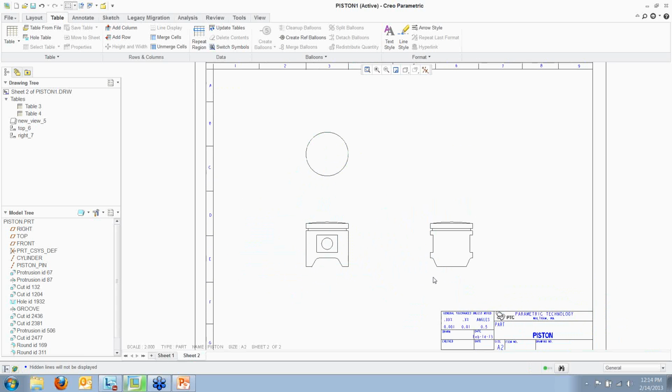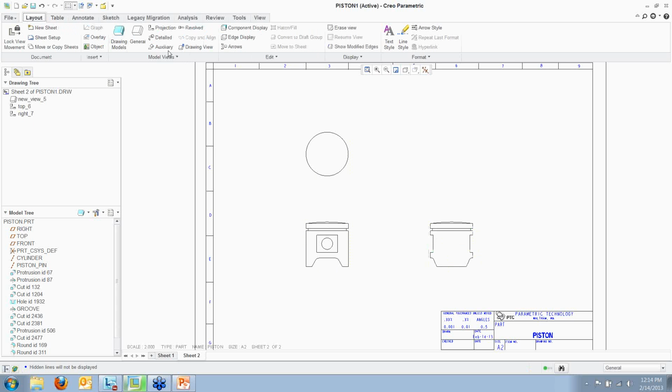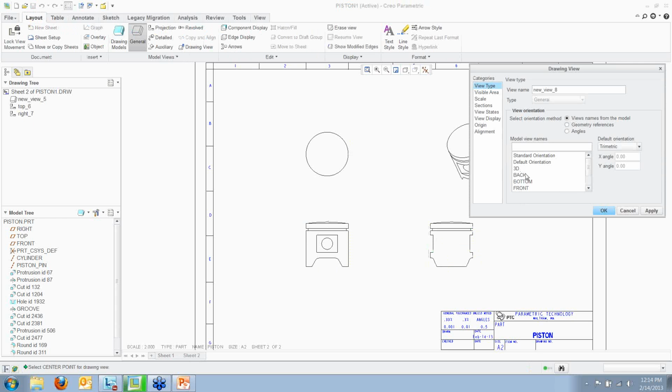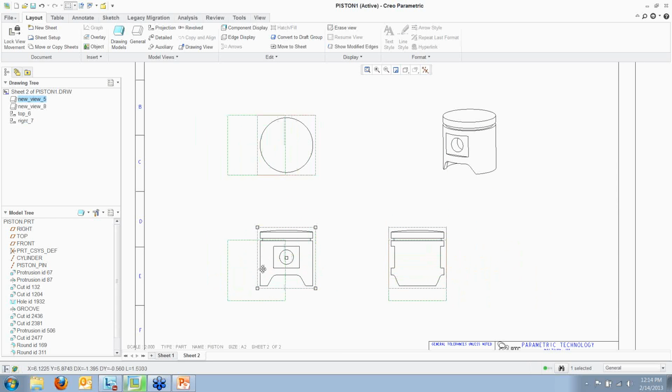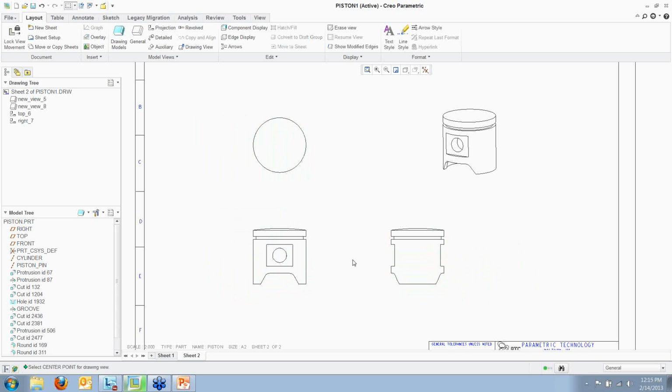So I've got my two projection views here. I want to go in and maybe insert another general view, just a default kind of 3D view there. So we'll grab 3D, and I've got another general view there. Note that the projection views remain locked to the original view, so I can't slide it up and down. I can only slide it closer or farther away from my parent view. When I move the parent view left and right and up and down, the child views move with it. That's, again, pretty basic stuff,